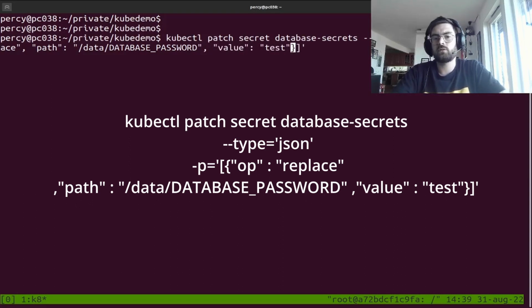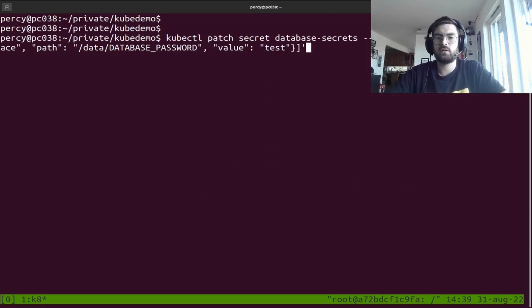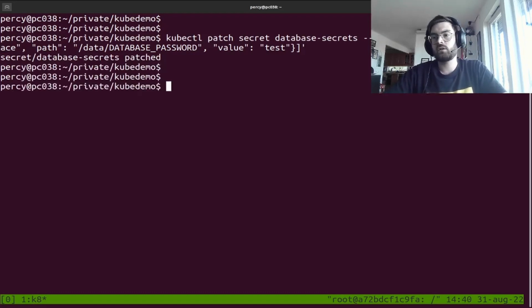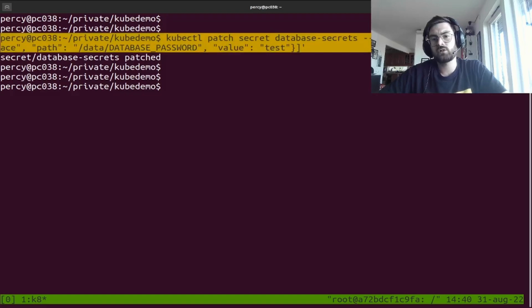And we can replace it to test. This should be base64, but just to show it. And if we run that, you can see the secret has been patched. You can do this to update your secrets in a CI/CD pipeline easily. Because then you could build your JSON with the real secrets in the pipeline and patch that